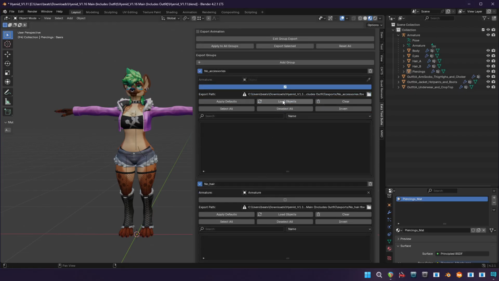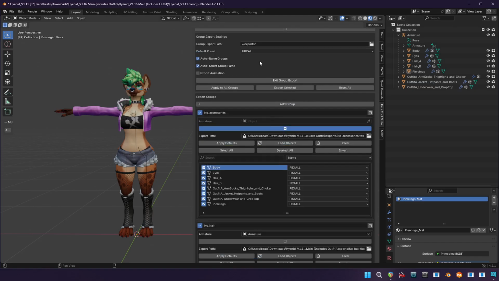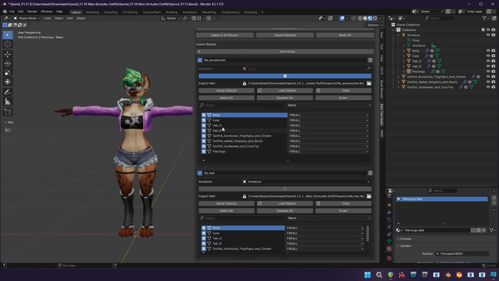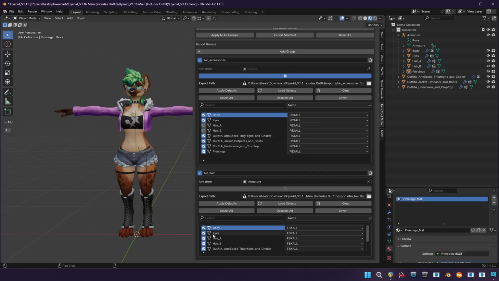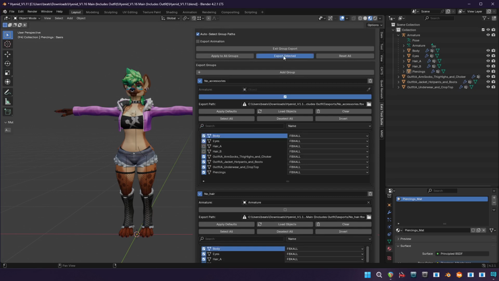So if I load my objects here, I'm using the FBX preset here. We have all of these, and if I just export these, so no accessories was complete. So let's change no accessories to not have any hair. And this one didn't have any hair. So now if we export selected,